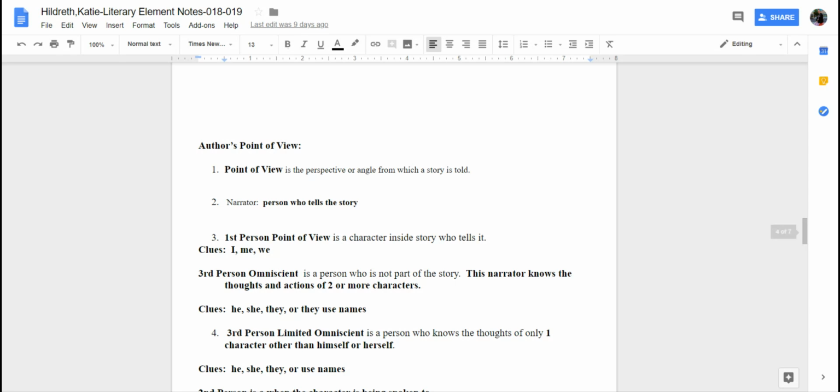It was first person point of view. And we knew that because we saw pronouns like I and we and us. Now, if I ask you for textual evidence, which is examples or evidence or events from the story to prove that it's first person point of view and that the narrator is part of the story,